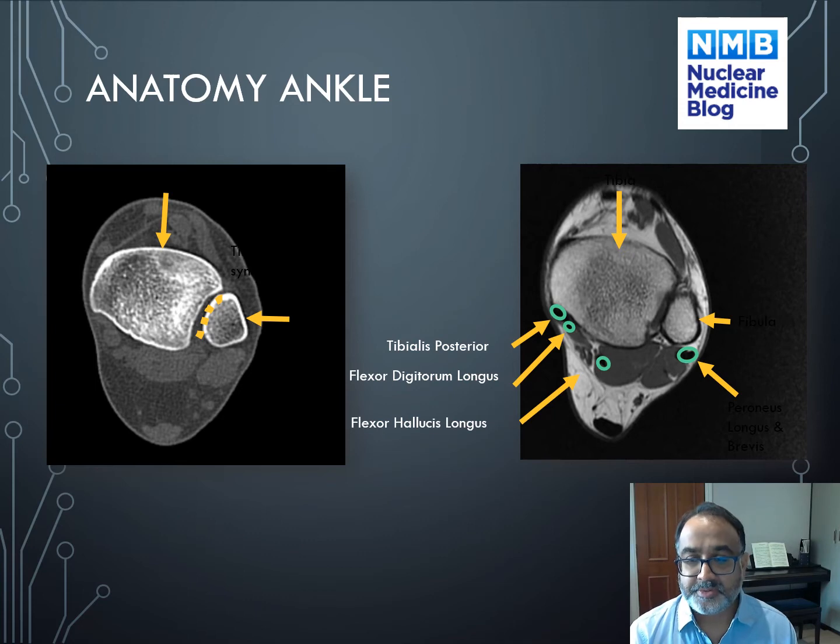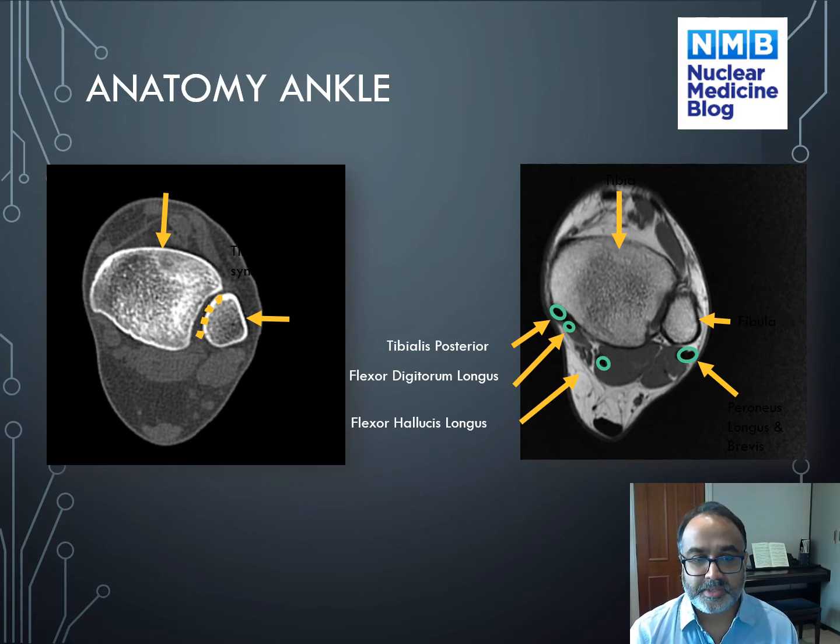I'm going to run through some anatomy of the ankle so that you're familiar with what you're looking at when you're looking at the CT. On the left is a CT image, and in this case it's an axial image through the ankle just above the level of the tibio-talar joint. On the right is an MRI image, and I've only shown you that so that you can compare the soft tissue anatomy and you can see some of the